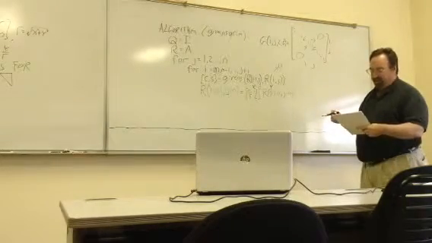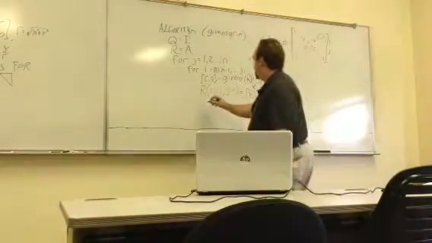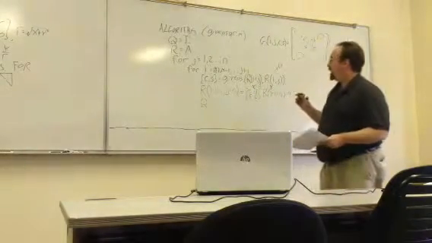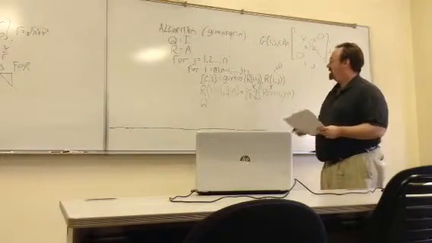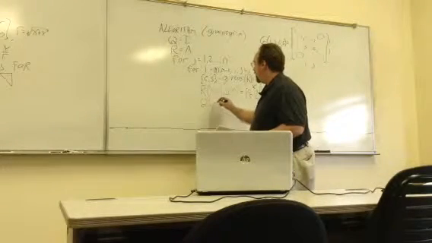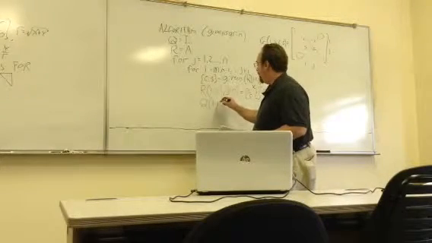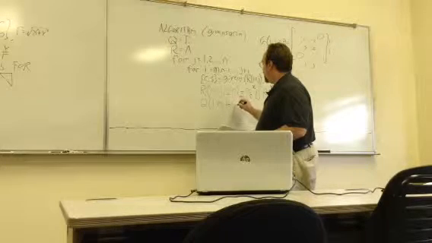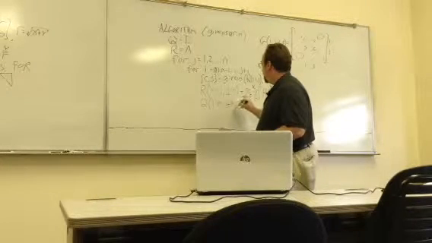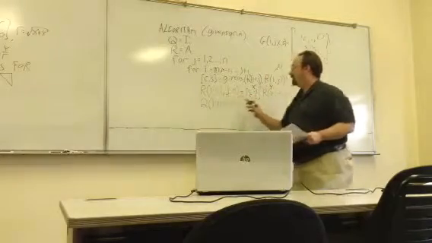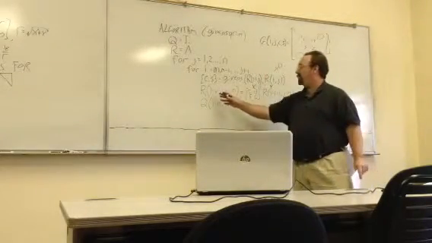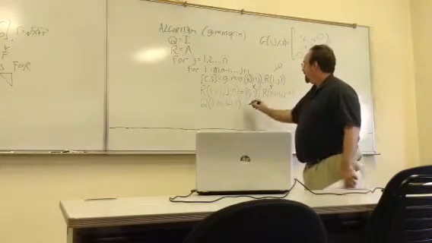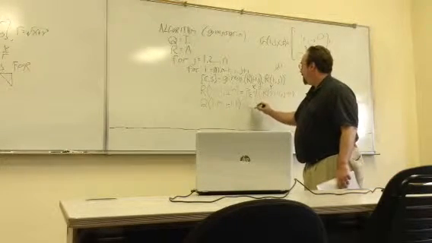The last thing I need to do is update Q. Now for Q, I'm rotating columns i and j. So I'm going to work on all rows, 1 to m, and then columns i minus 1 and i. This is MATLAB notation. The colon operator implies a range. So I'll take those columns